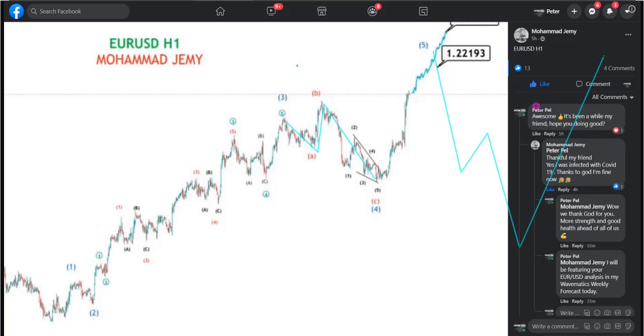So with this count, this is how it's going to go. So we are not going to trade this thing blindly. As the price is going up, if we see any sign of price reversing,